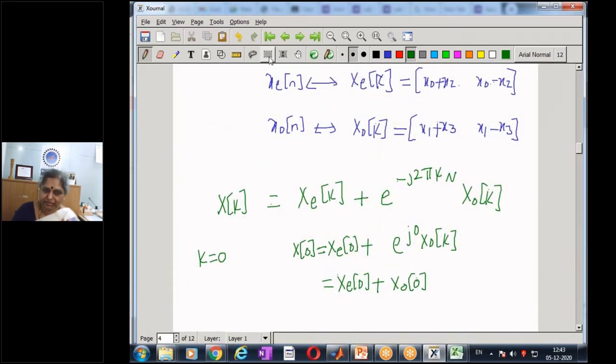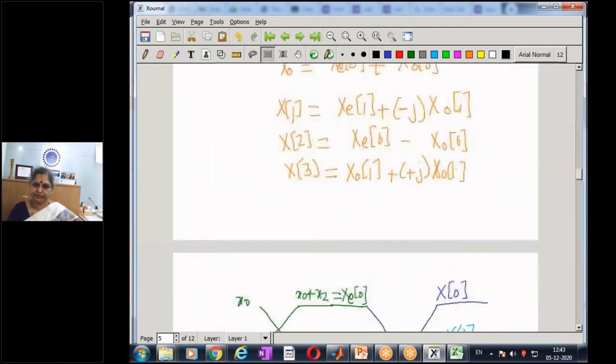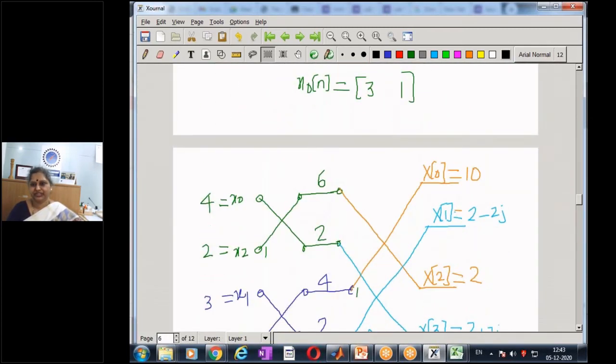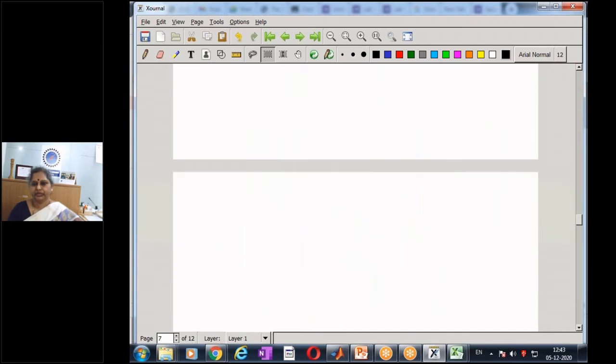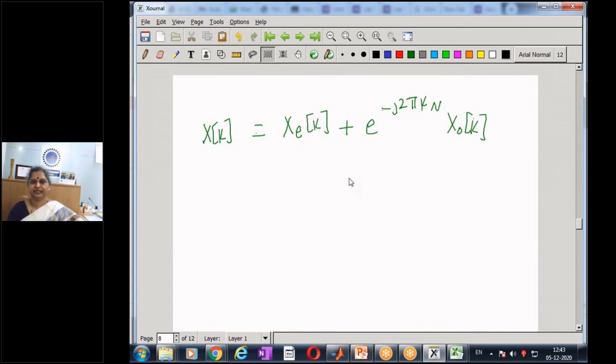So once again, all my decimation in time FFT algorithm is based only on this single equation, which we have just derived. So x of k is the even n by 2 point DFT of the even sequence and the odd sequence. So let's take another example. So let's consider, say we want to take n as 8. Say n equal to 8. So what happens if n equal to 8?